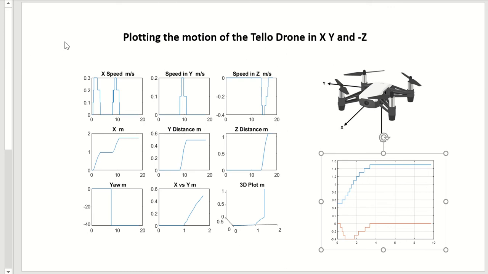So good morning. This one's on plotting the motion of the Tello drone in X, Y, and I've called it minus Z because on the drone Z is downwards positive, so we need, to have nice graphs going upwards, I've put minus Z in there. And if we look at the drone, it's got some X, Y, Z coordinates here, and when the drone starts up, it remembers its orientation,